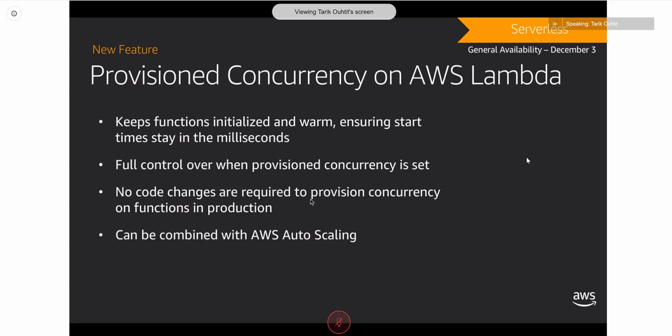What we heard from customers is in some advanced scenarios, customers want more control and flexibility there, and the ability to actually say, hey, I want you, AWS, to keep a certain amount of capacity warm for me so I get even faster startup times to my function. So this is some functionality that I probably wouldn't recommend you starting with if you're brand new to AWS and Lambda. It definitely falls under the more advanced functionality. But if you're in that situation where you want super fast startup times, this is a really good option to give you more flexibility and control.